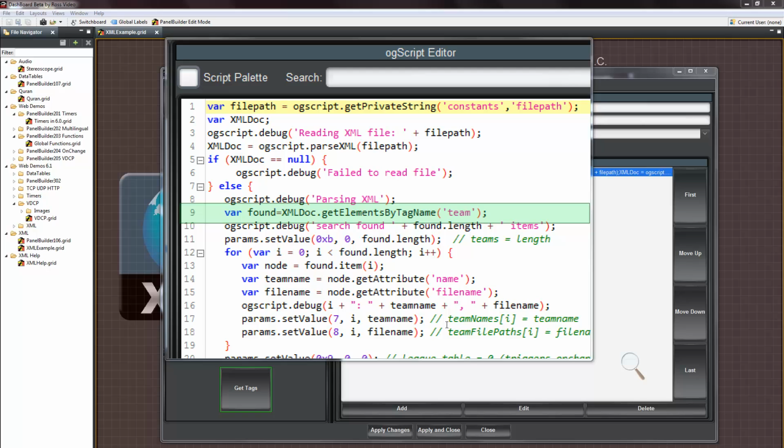So here's the code that's underneath the equivalent button called getTags, and it uses just a slightly different way of getting the data out of the XML file. Here on line 9, we've got a call to xmldoc.getElementsByTagName, and we've passed it the name team. What that will do is pull every single element in the document that has the tag team. In our case, that will pull the same list that the call to XPath did, shown previously, but beware, because it's not qualified by any path in front of it, if we had team tags at other places in the document, it would pull those too, with potentially undesirable results.